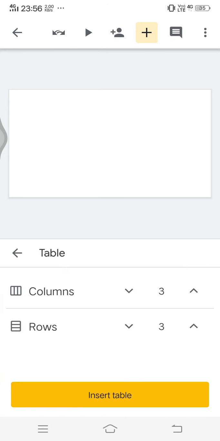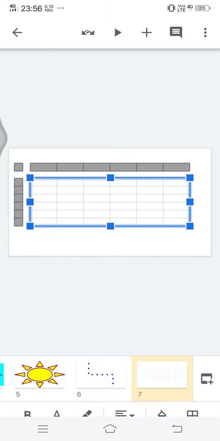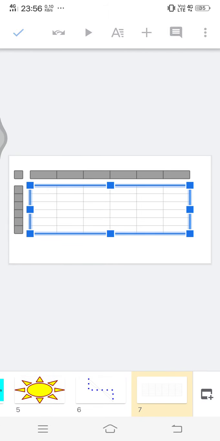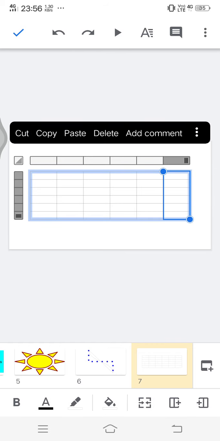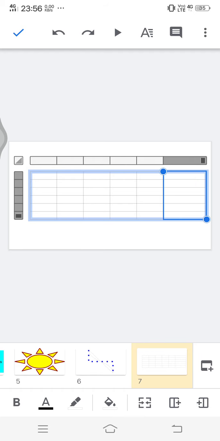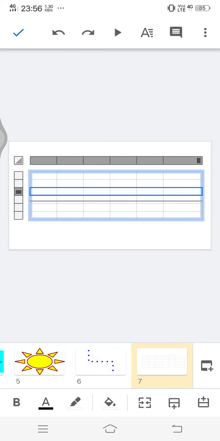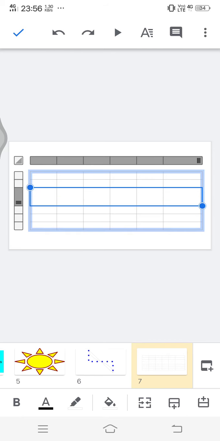Now let's look at the table. So how many rows in the table you want, how many columns in the table you want. So I'm giving 6 rows and 6 columns. Now how you make a particular column bigger or a row bigger. So let's look at the column. So I press that, and then you see 3 lines are there. You can just drag it like that and make it bigger. You want to make it smaller, you can drag it the same way and make it smaller, right? Similarly with the row, you can just drag it like that and make it however big you want.